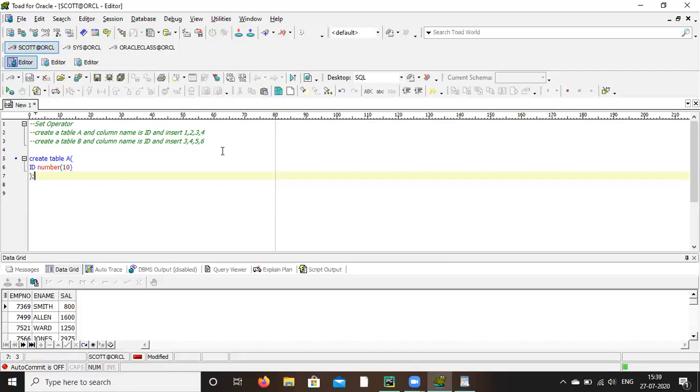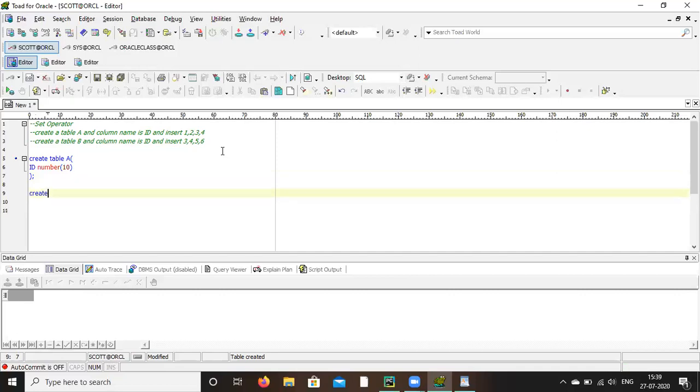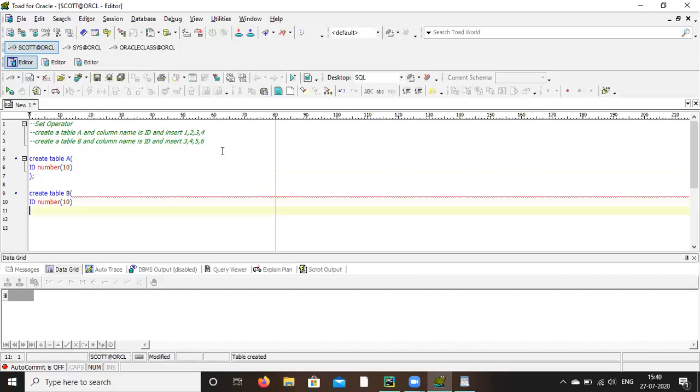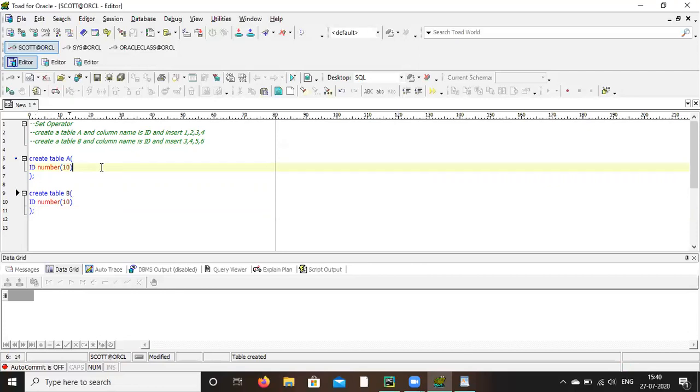Control enter. Okay, table created. Now insert into A. Remove the table name, and within brackets write ID.